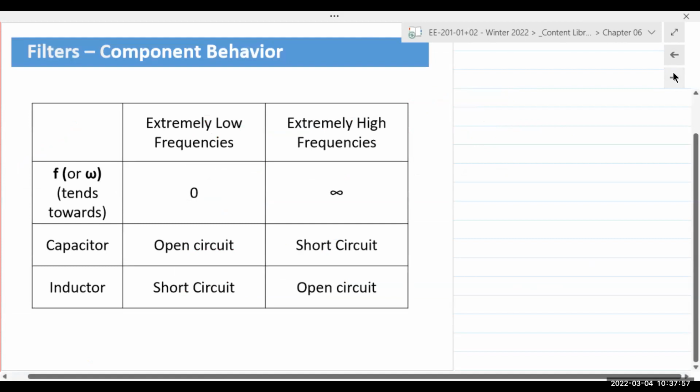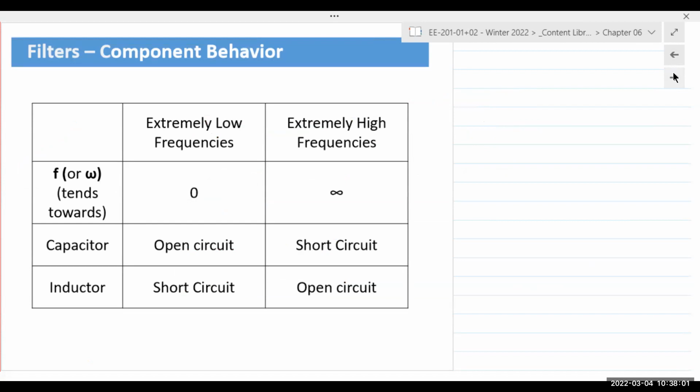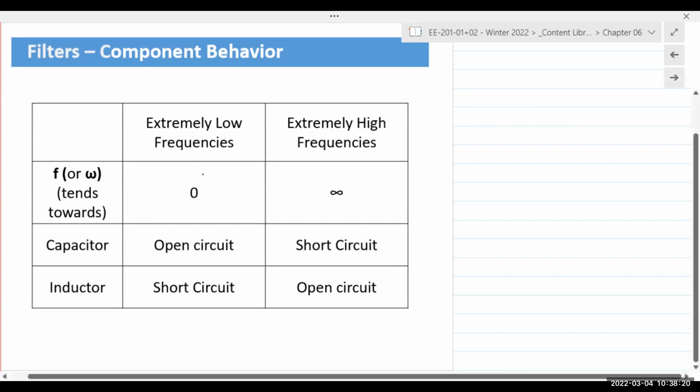Now, we use the property of impedance, specifically of the capacitor and the inductor, to design our filter circuits. And the reason we can do that is because the behavior of a capacitor and inductor changes, or the impedance behavior changes, as the frequency changes, right? Here,